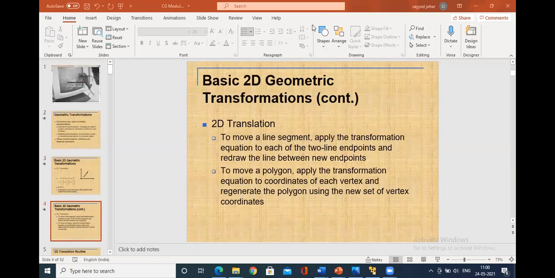Coming to the basic 2D transformations. We have 2D translations, that is to move a line segment.